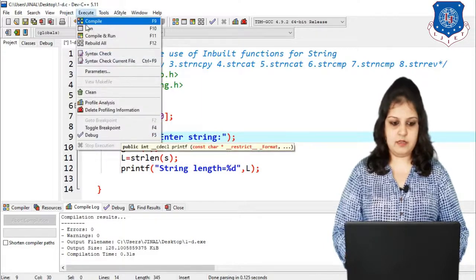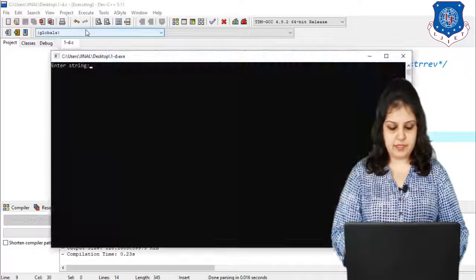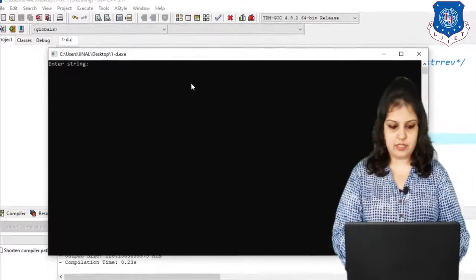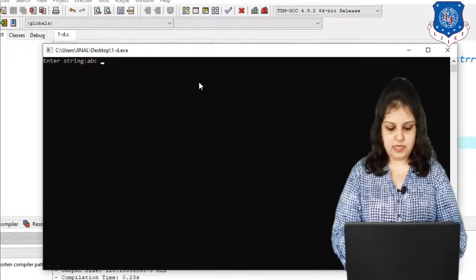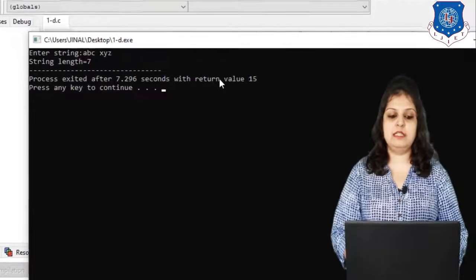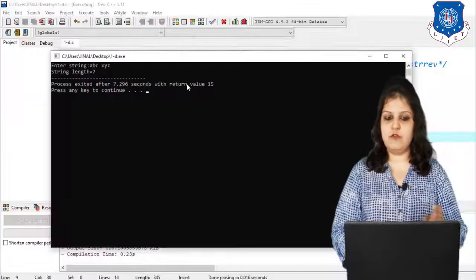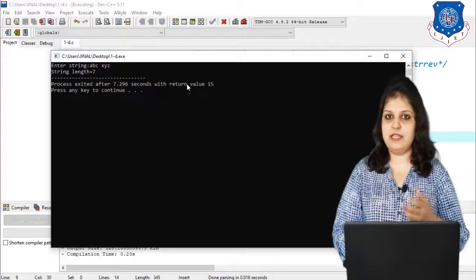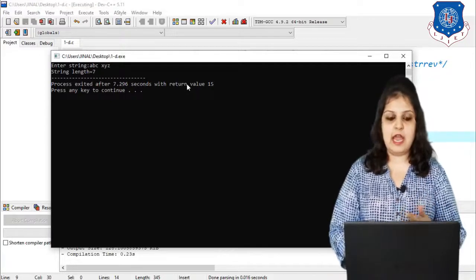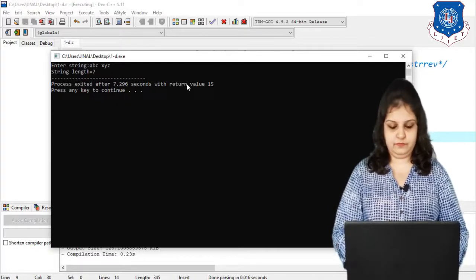Again run the program. I enter another string, that is ABC XYZ. Here you can see the answer 7. Space is also considered as a character. So first 3 for ABC, then XYZ, 3 plus 3 is 6 and 1 is for the space. So our output is string length is equal to 7.